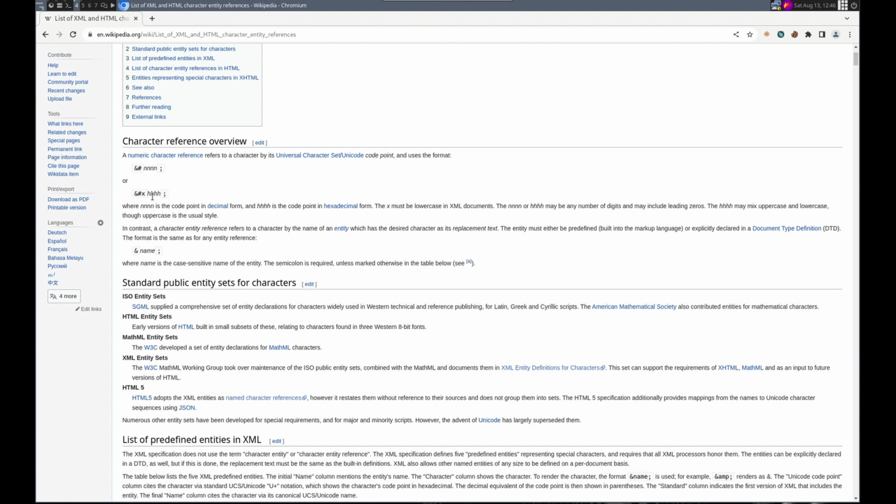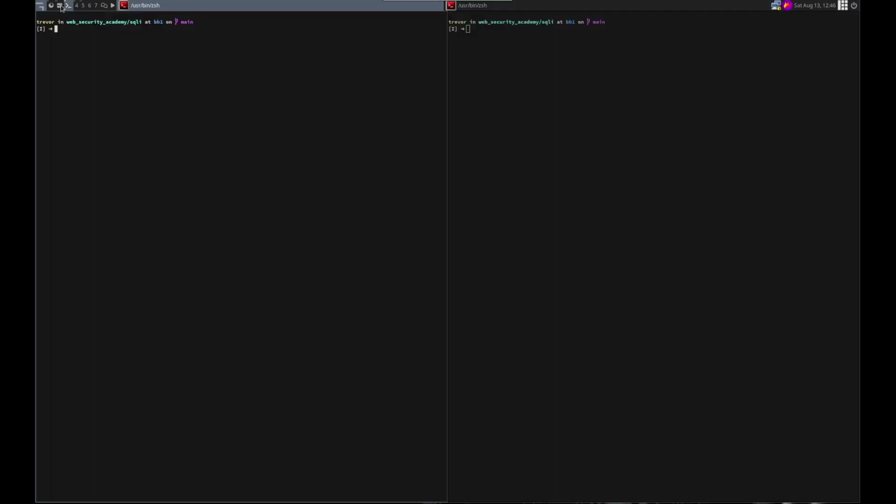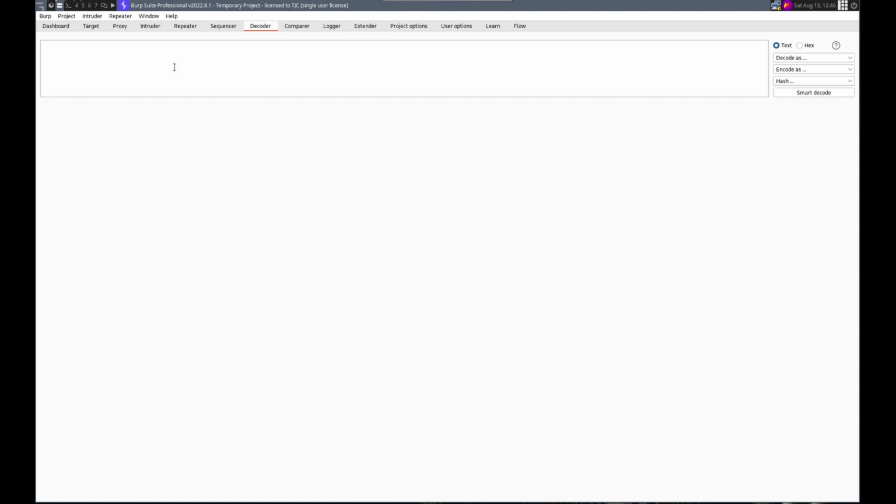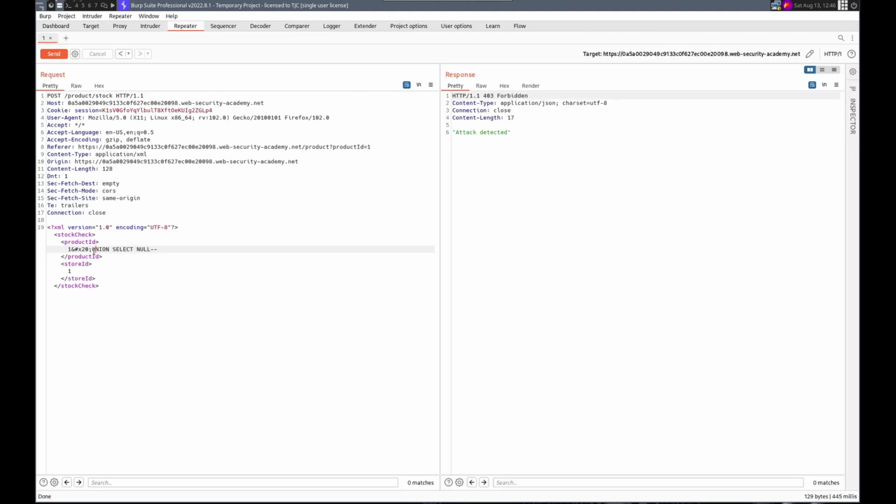&#x20; Good. Let's do the U, and I don't remember what that is. Let's go to decoder, type in U, and then we'll encode it as hex. Nope. As URL, 55. So if we go back to repeater, change this one to &#x55;